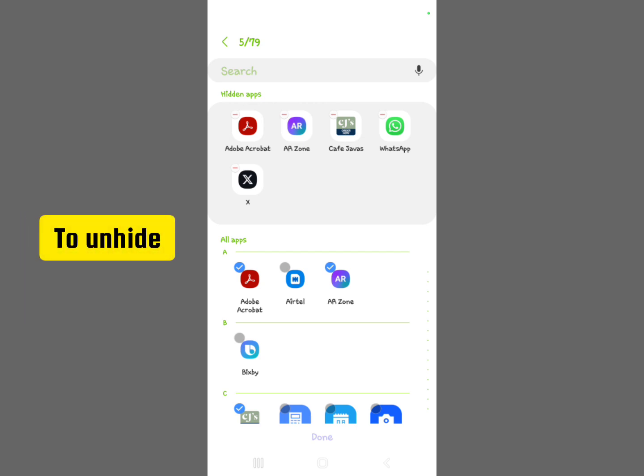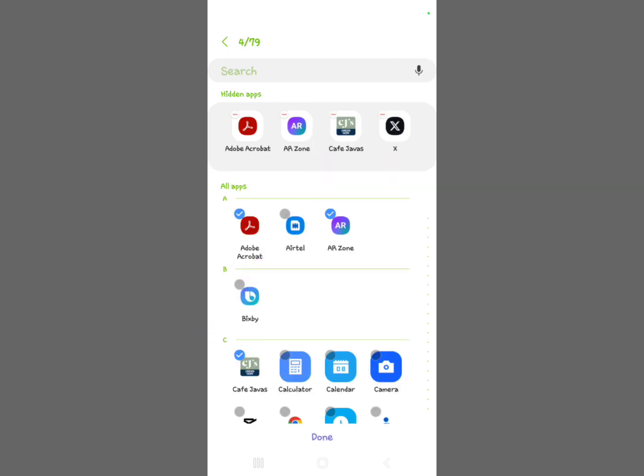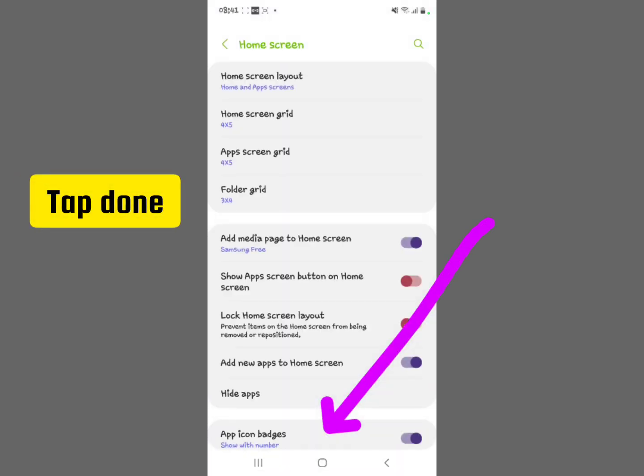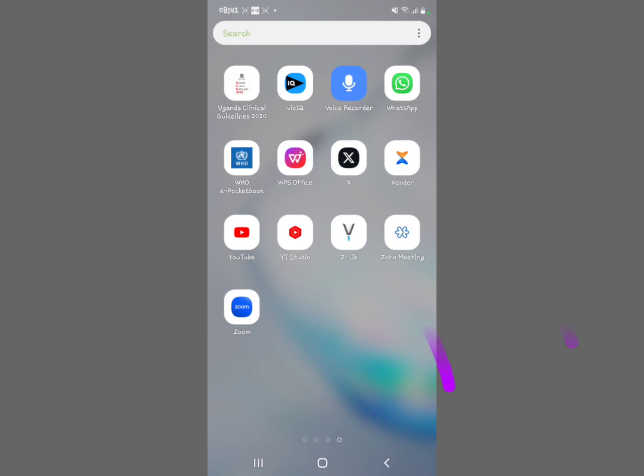Now to unhide them, you just have to tap the minus icon you see there. Tap the minus and it disappears from there. On X as well, you tap the minus, it disappears from there. When you do that, you tap on the done option down here. Then you can come back and see that WhatsApp is now back in your app drawer, and X is now there. That is how you can hide and unhide apps